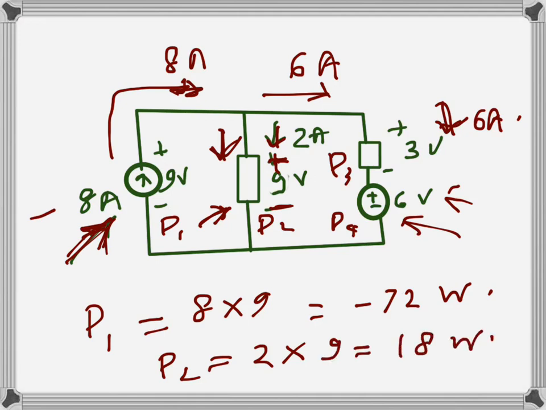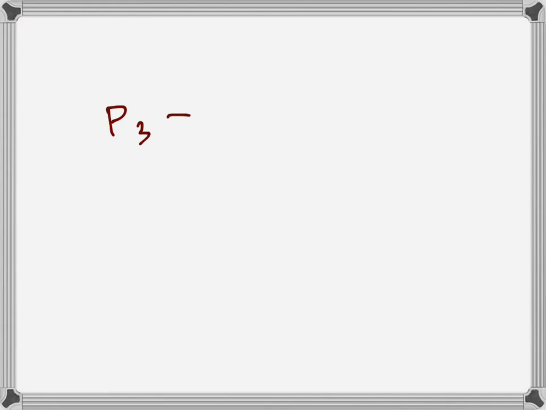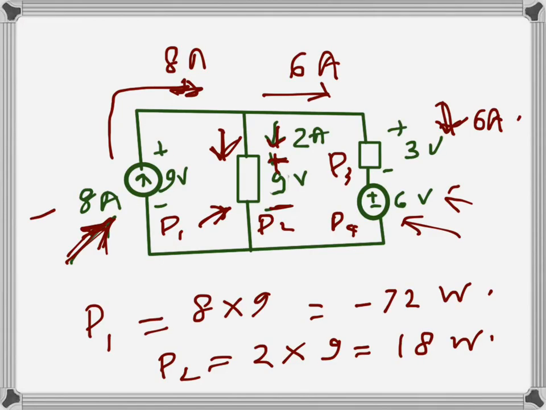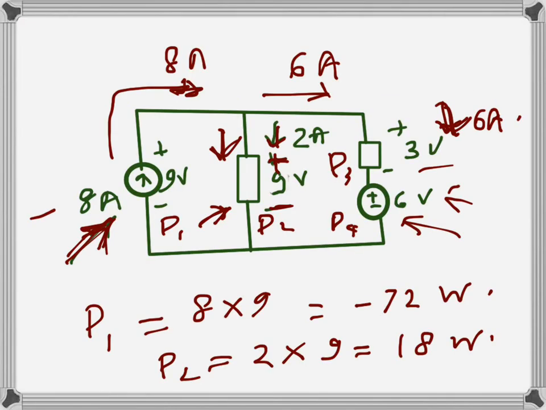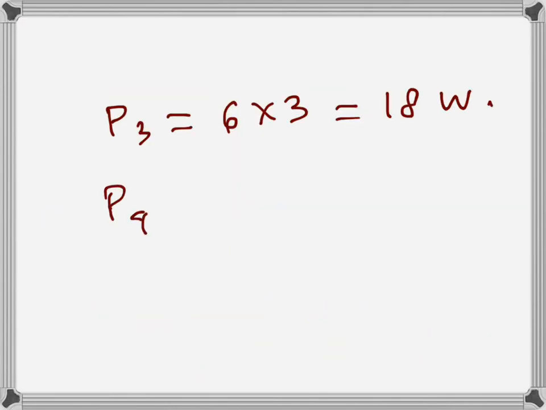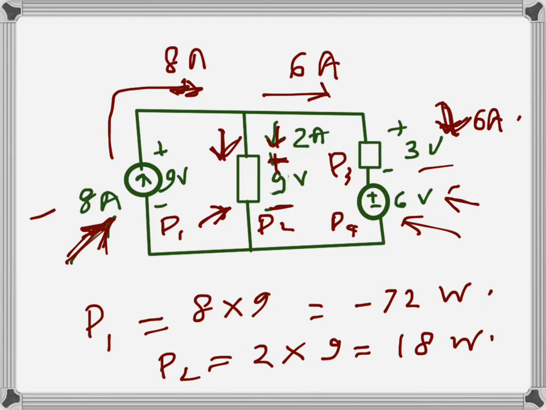That's P2. Now P3, that's also a passive element. Current through that is 6 amps and voltage drop is 3, so 6 times 3, and this is also positive, 18 watts as well. Now finally P4, though this one is a voltage source, but the current is actually going